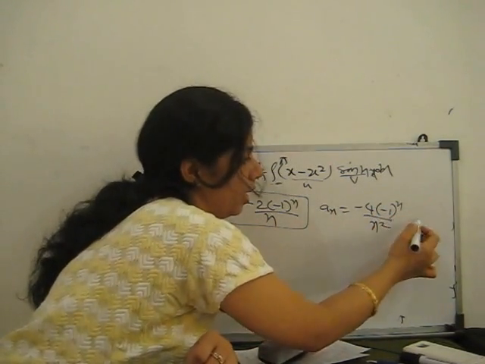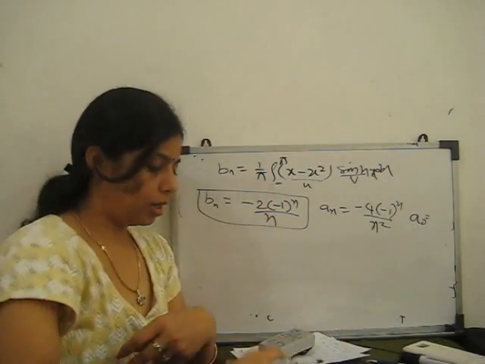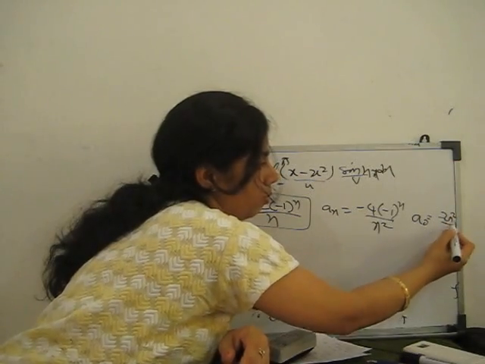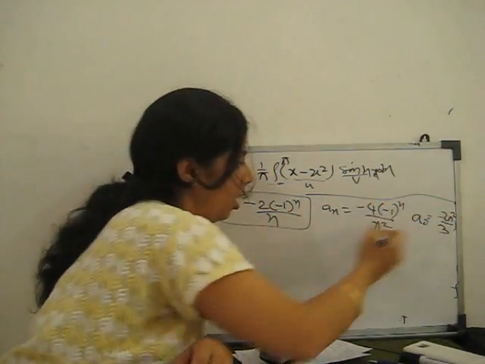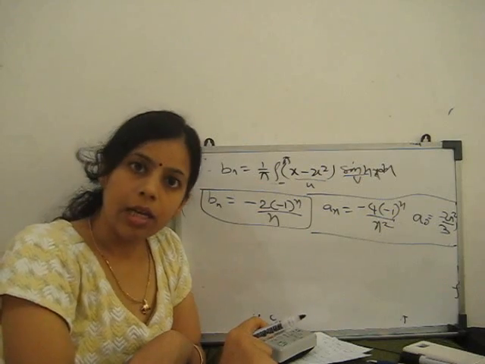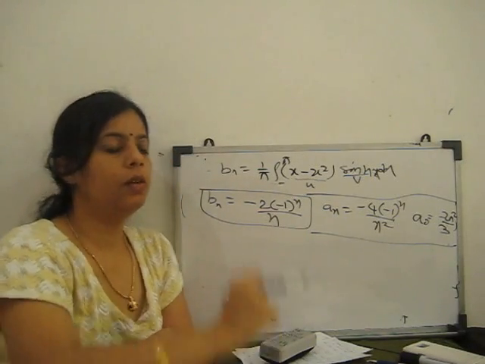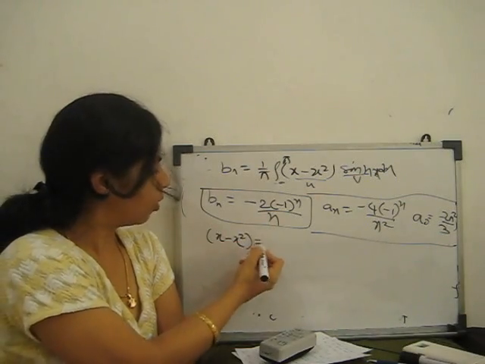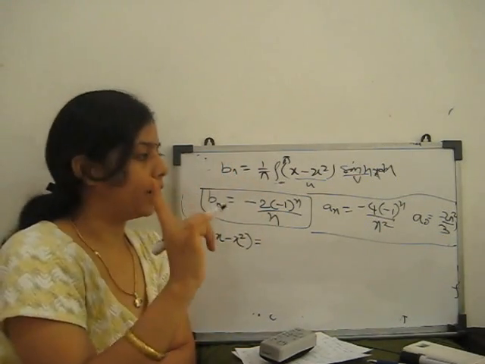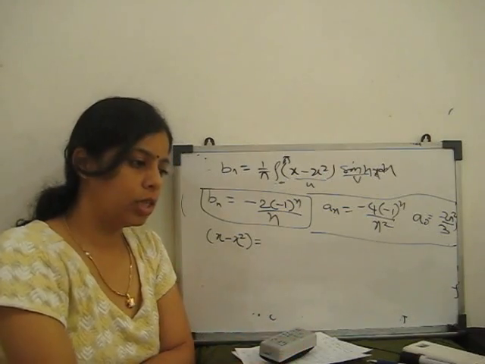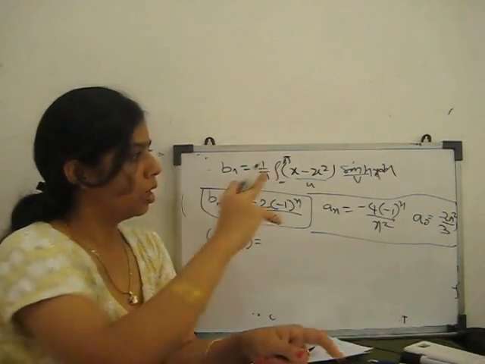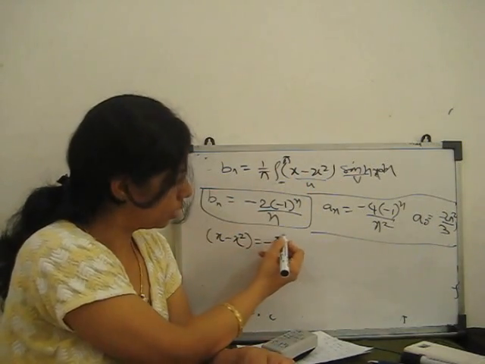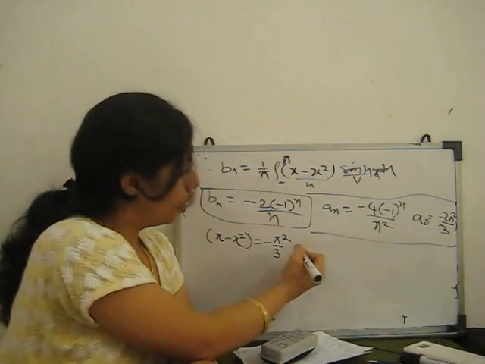and a0 we already found is minus 2 pi square by 3. So these are our 3 Fourier constants which we need to construct a series. So our Fourier series for x minus x square is a0 by 2. So what is our Fourier series? Fourier series is minus 2 pi square by 3 by 2. The 2 cancels. So this gives minus pi square by 3 minus